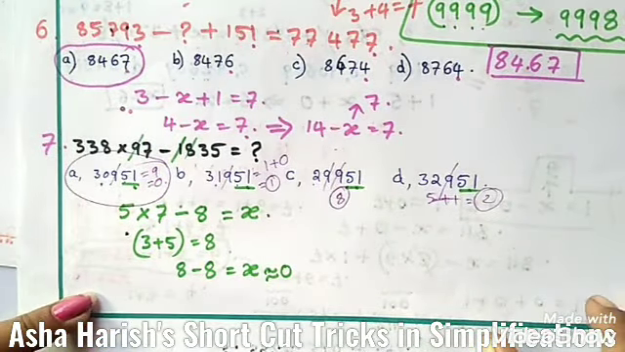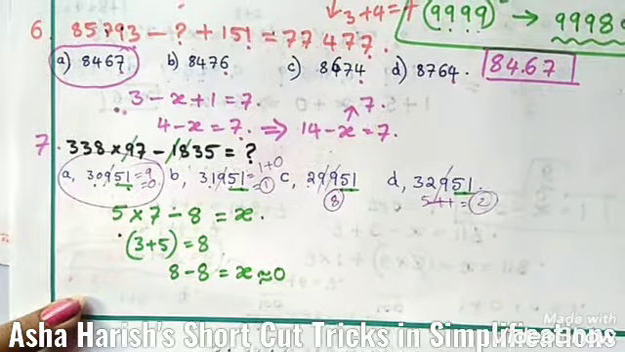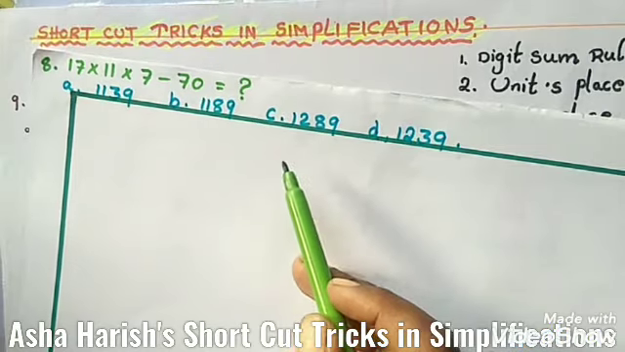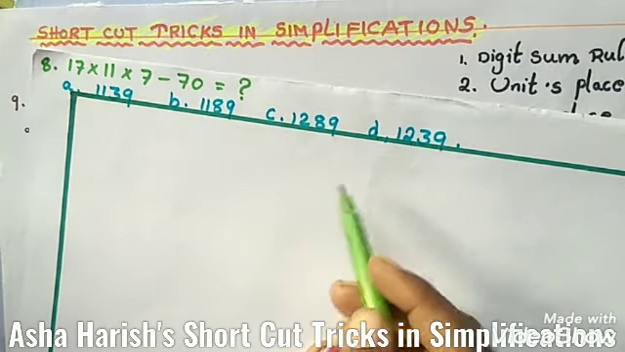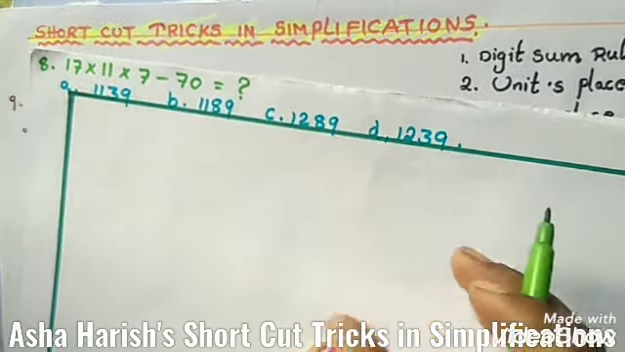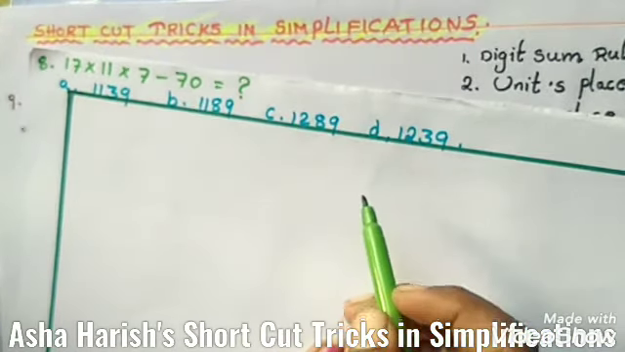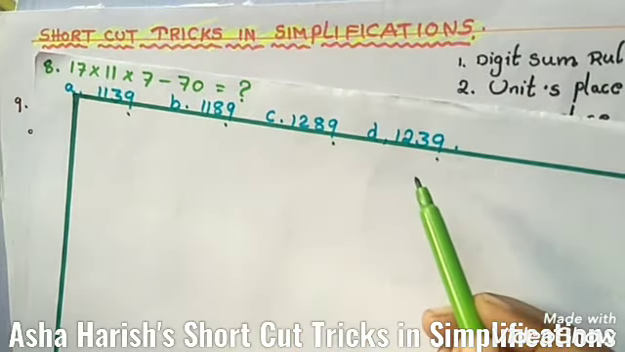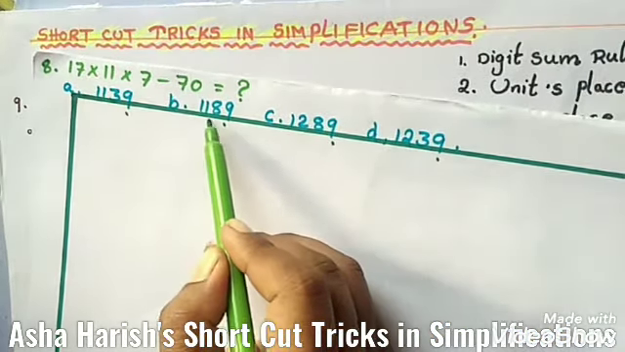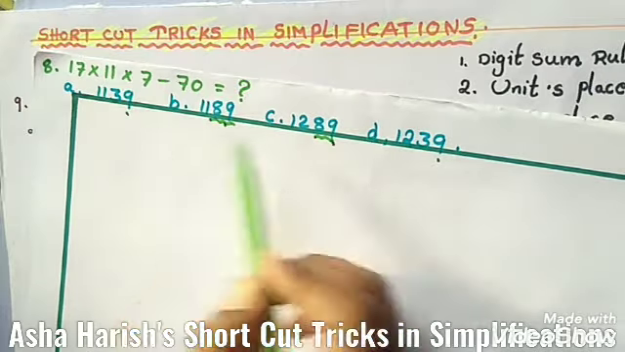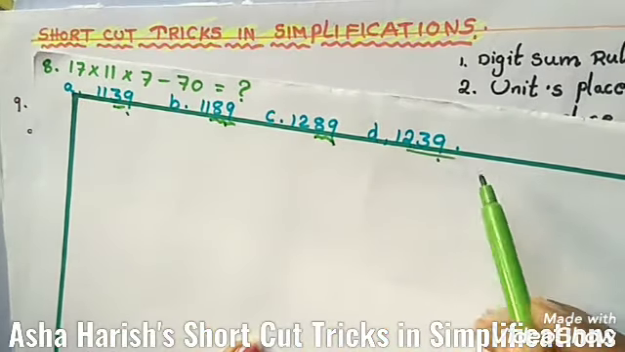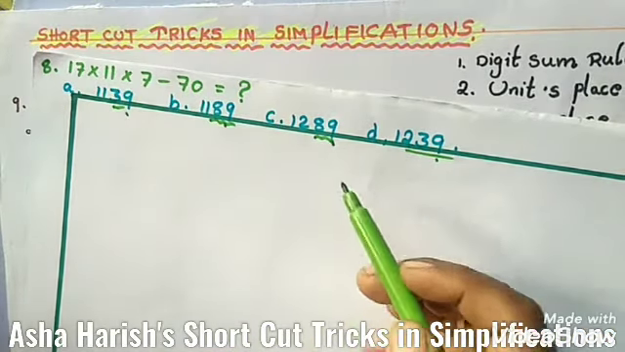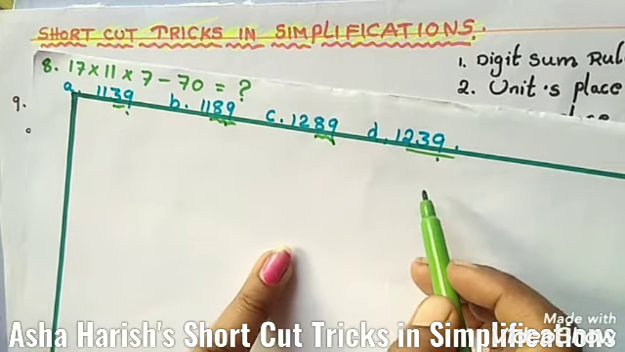Let us get into that 8th question. What we have in question number 8: 17 into 11 into 7 minus 70 is equal to how much? Just by doing the lengthy calculation, it takes much time. So in all the options, if you observe, in the units place 9 is common. In B and C, 89 is common, but in A and D, 39 is common. So